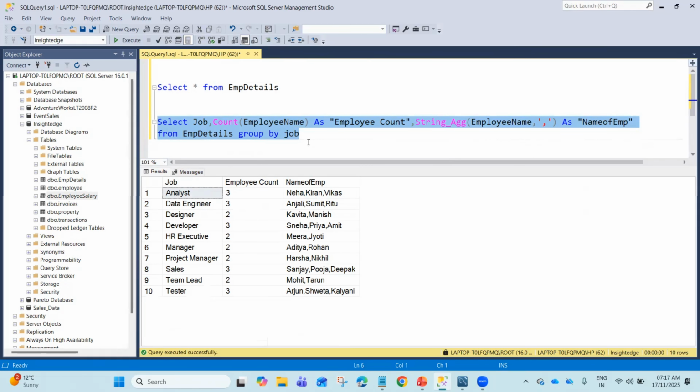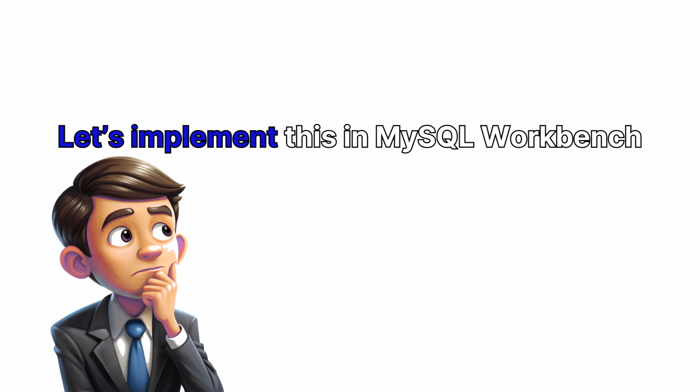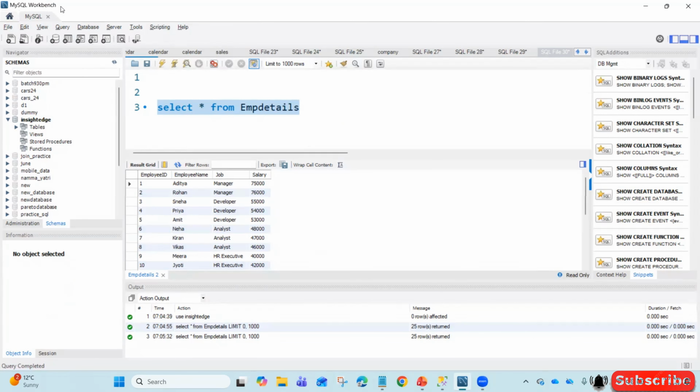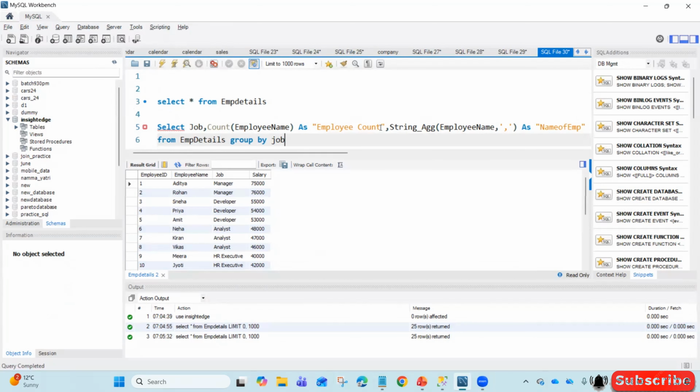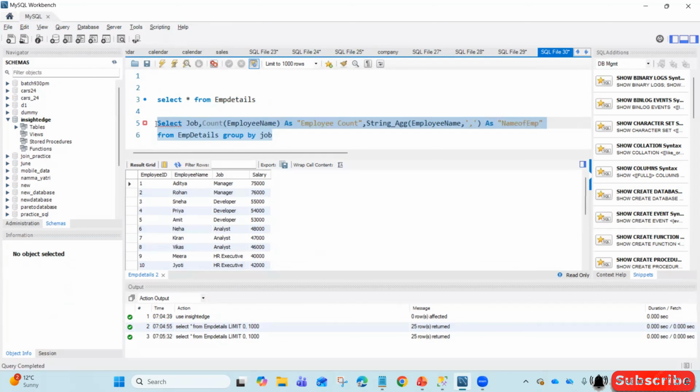Now let's say in your case, you are using MySQL Workbench. So I will copy this query and use the same query in MySQL Workbench as well. See, in MySQL Workbench, I have the same data. So I will paste the same query over here as well. Let's see, is it going to work or not? So I will run this